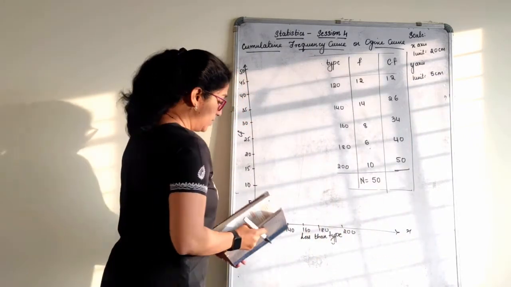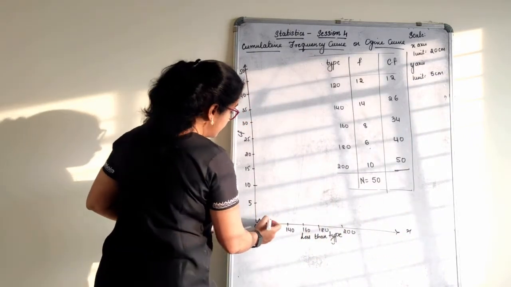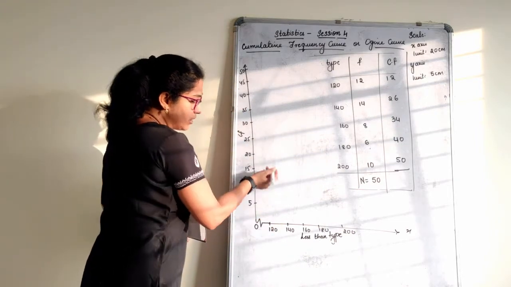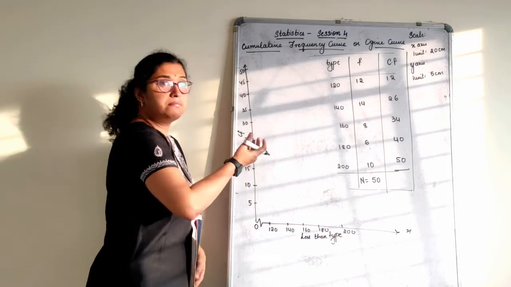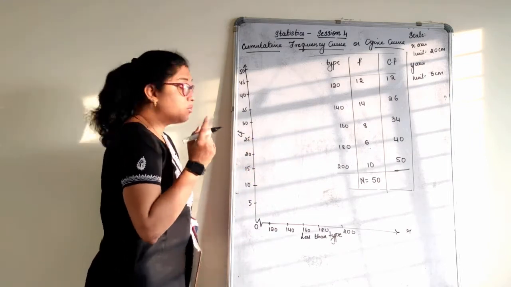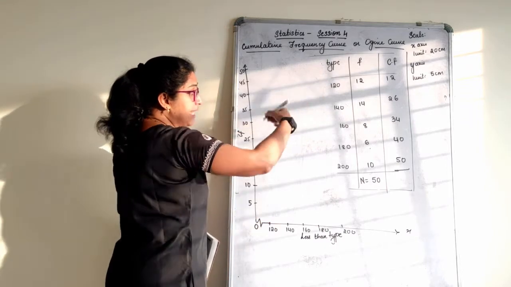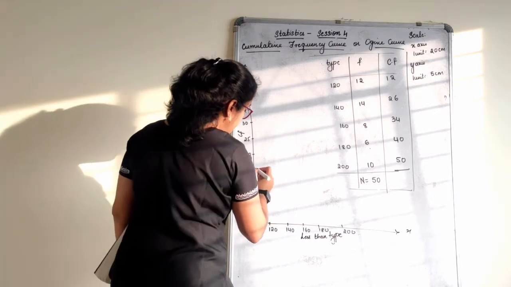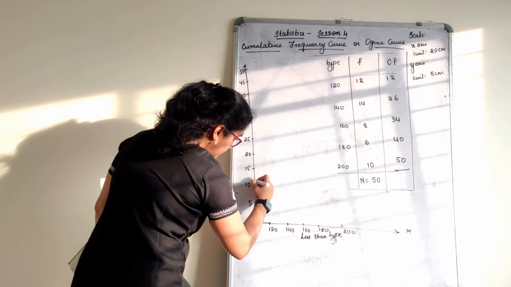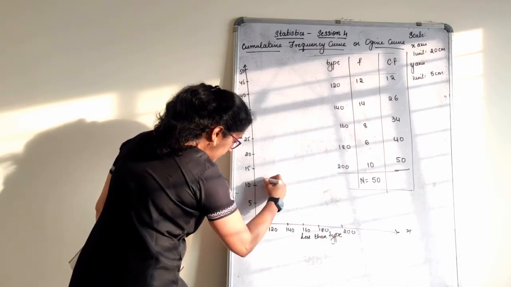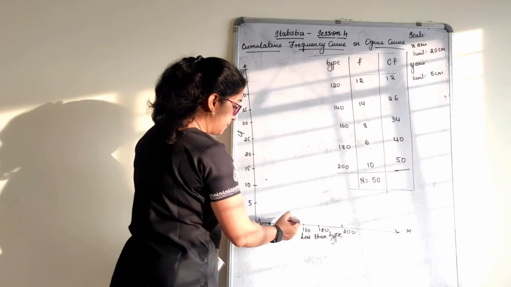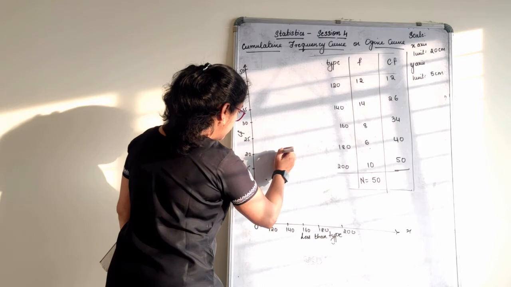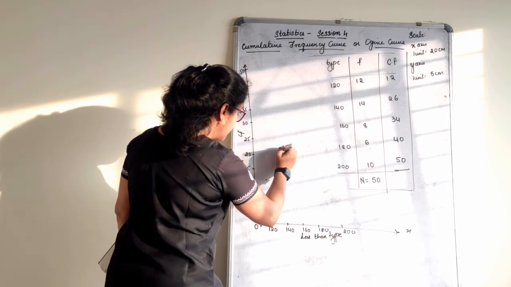Now let us plot. When we plot here, for 120 it is 12. So 10 is here. Now again see children, this is my plain board, so the points I mark might mismatch here and there, but you can do it accurately. So just don't go with the line I join here. See what you do in your graph book. 120 is 12, so 15 is here. 2 units if I consider, it will come around here. Mark a point. For 140 it is 26. So 140 is here, 20 is here, so 26.